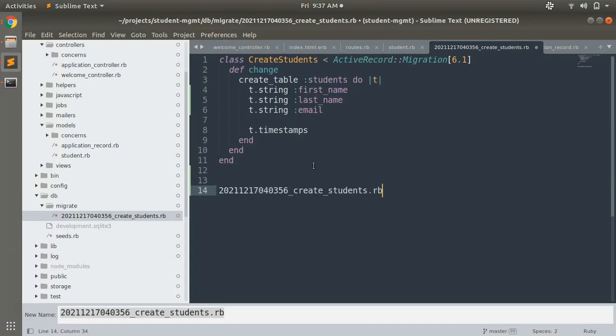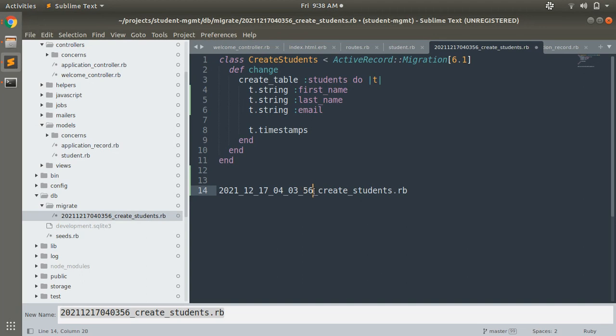If you can see this, in the migration name I'm getting this number. This number represents the timestamp, or the uniqueness, of that migration, and every migration must have a timestamp, and that timestamp is unique for all the migrations. In the migration name, the first four digits are for the year, the next two for the month, the next two for the date, and the next two for hours, minutes, and seconds. So this is the format of a migration.